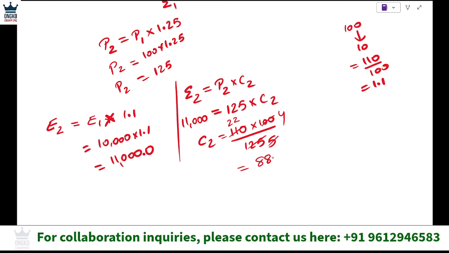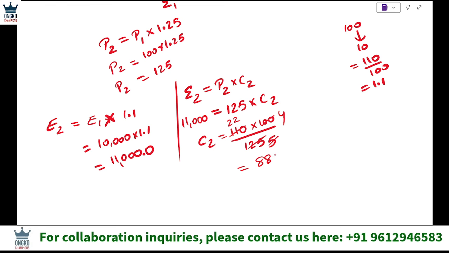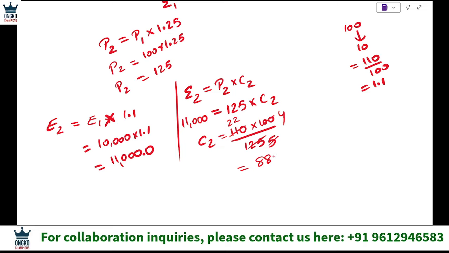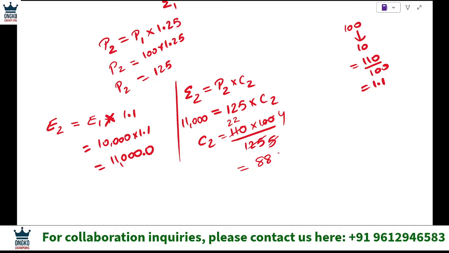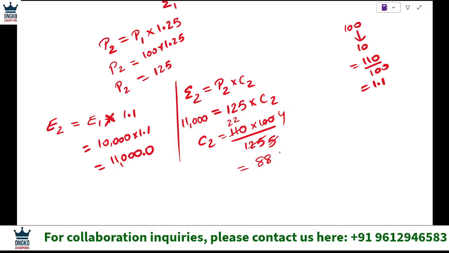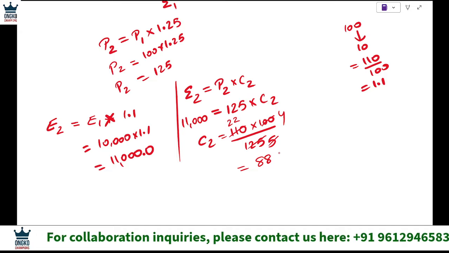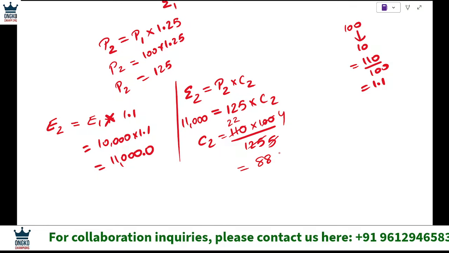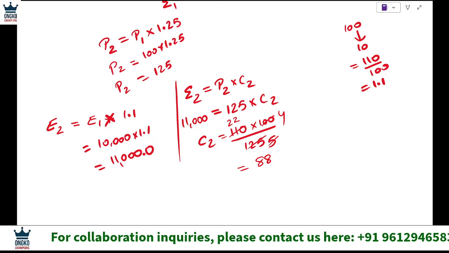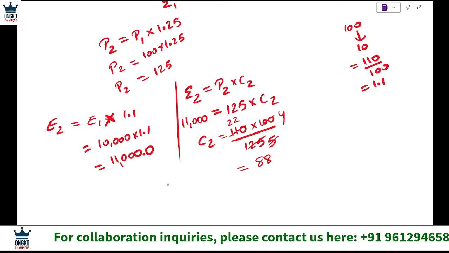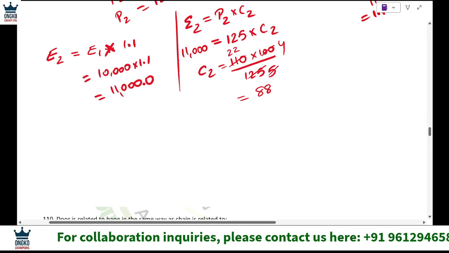Then to calculate the percentage reduction in consumption, we need to find how much it has reduced. So in order to find the percentage reduction in consumption, we need the difference between the initial and the new consumption, and for a percentage we'll multiply by 100. So percentage reduction will be